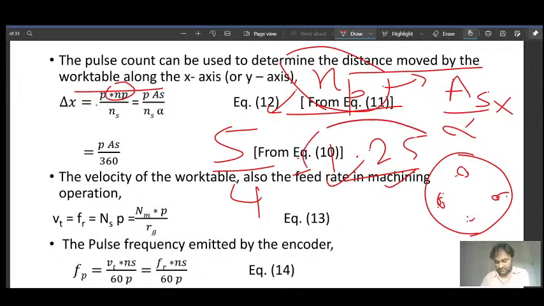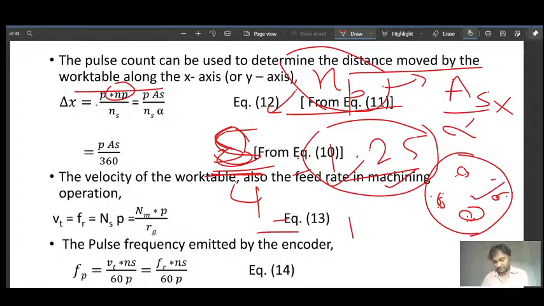In the same way, suppose 8 pulses are sensed with a 4-slot optical encoder, so one rotation generates 4 pulses. The total number of rotations is 2. We divide 8 by the number of slots, NP by NS, and that is the number of rotations.